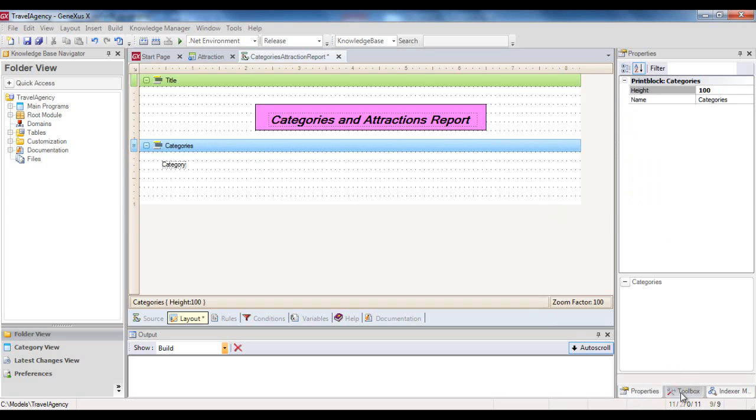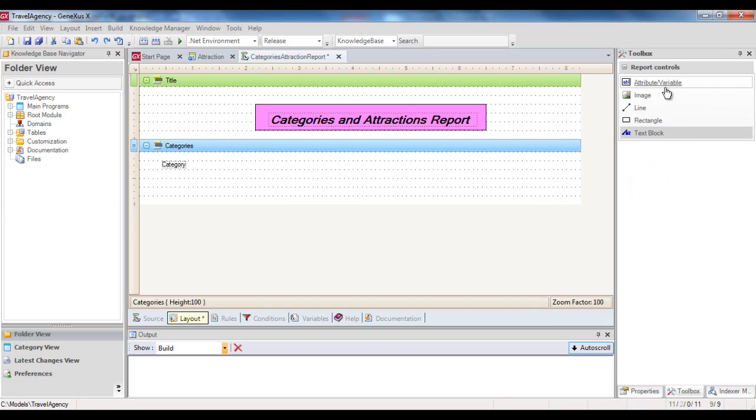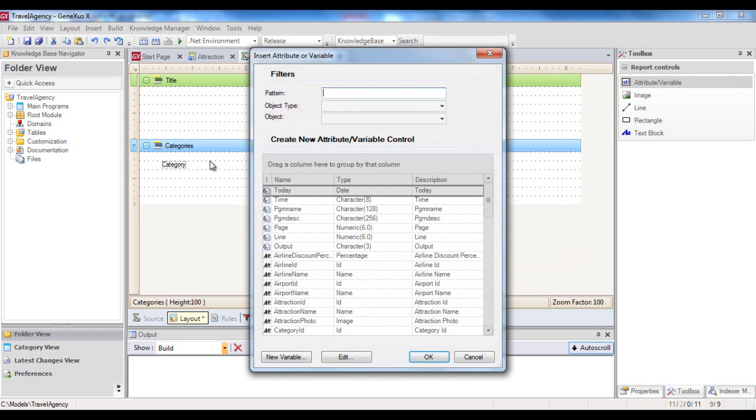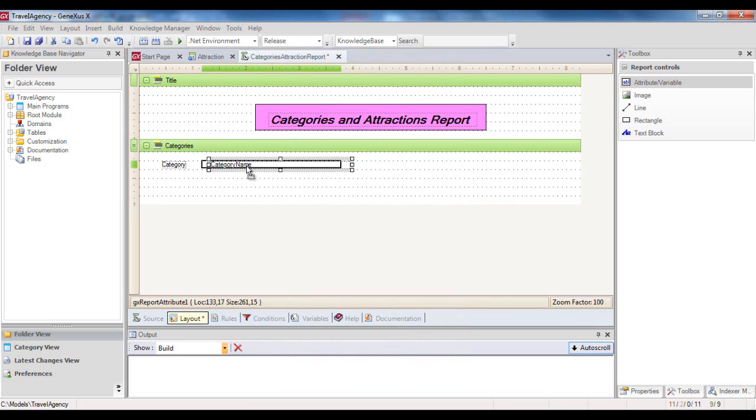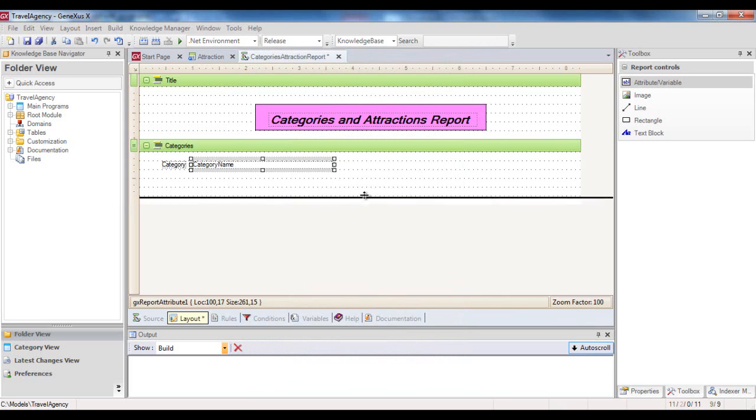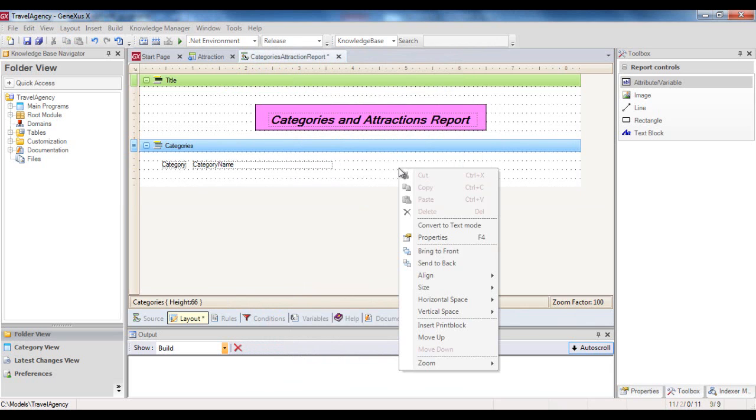Next to this control, we will drag another control of the attribute variable type. We then select the category name attribute, we adjust the size of the print block, and insert another print block